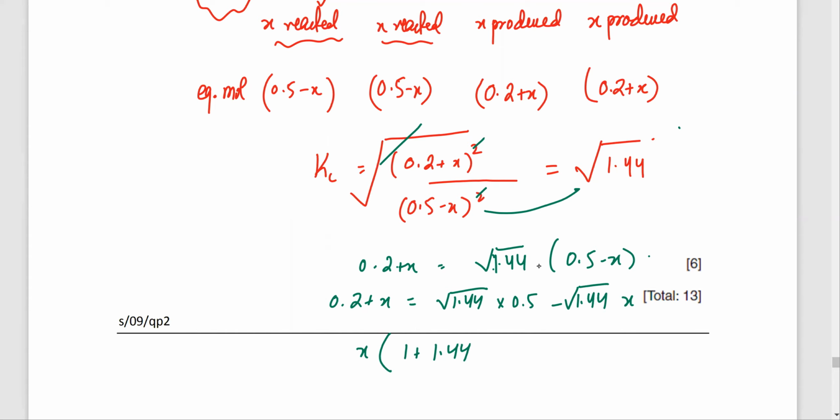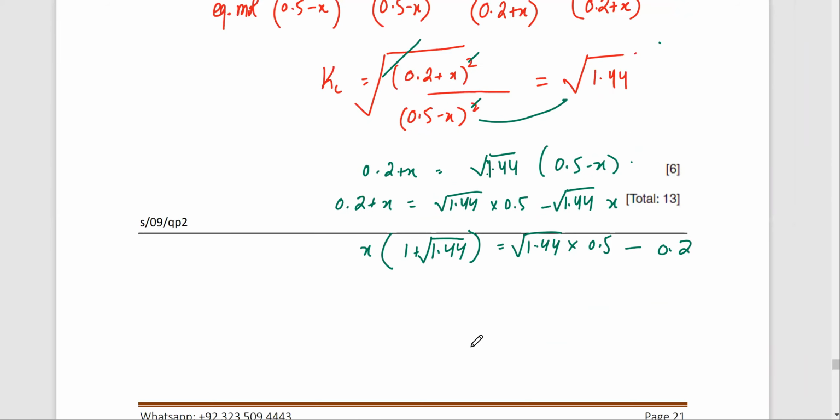√1.44. The other side would be √1.44 multiplied by 0.5 and minus 0.2. Okay, I've taken the 0.2 to the other side, so that's √1.44 into 0.5 minus 0.2. And I've taken x to the other side, so that's x plus √1.44 x. So that's this thing. And then what you do is you divide. So it's going to be 1 plus